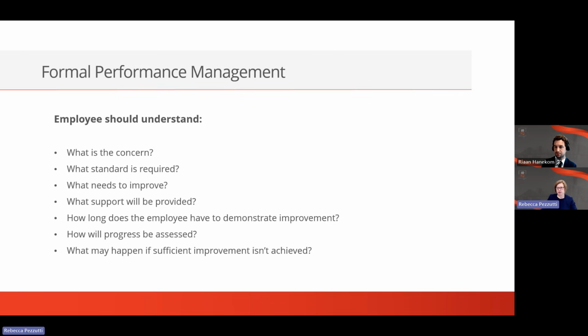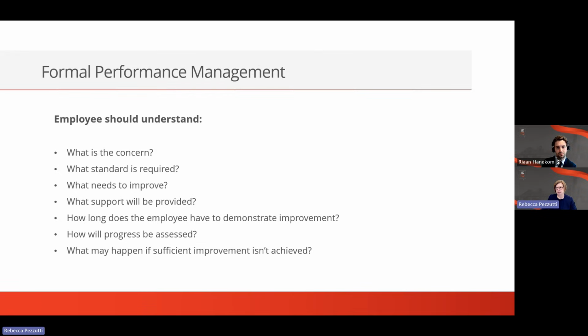So once you reach a point where reasonable expectations have been clearly communicated, appropriate support has been provided, the employee has had a reasonable opportunity to improve, and performance nonetheless remains below the required standards, further action needs to be considered. Depending on the circumstances and the applicable workplace requirements, that could potentially include formal warnings or ultimately termination of employment.